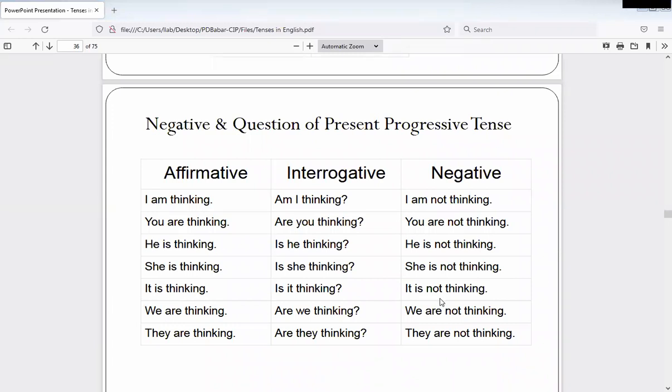Its negative is it is not thinking, and its interrogative is is it thinking? Then we are thinking. This is the affirmative. Its negative is we are not thinking, and its interrogative will be are we thinking? They are thinking. If this is the affirmative, its negative is they are not thinking, and its interrogative will be